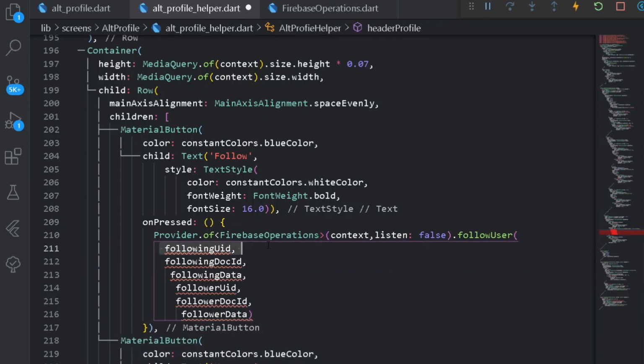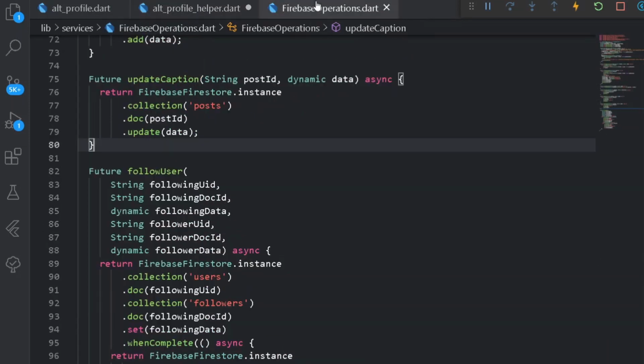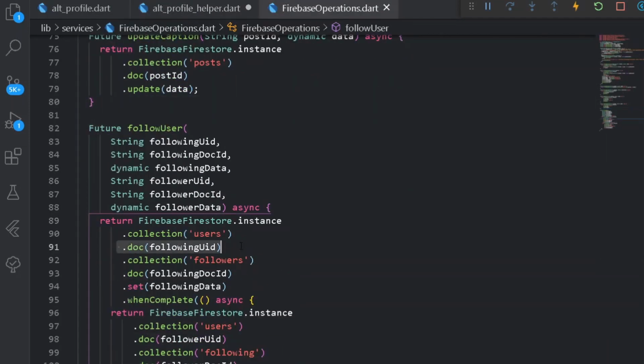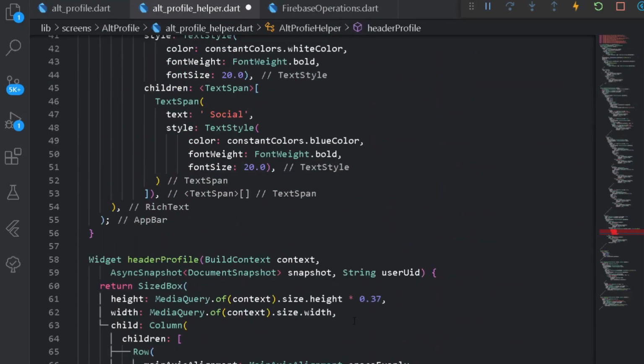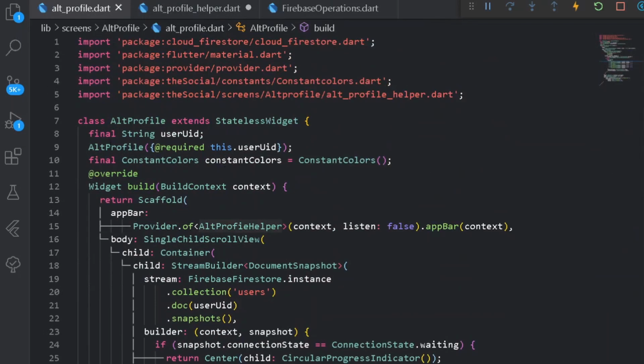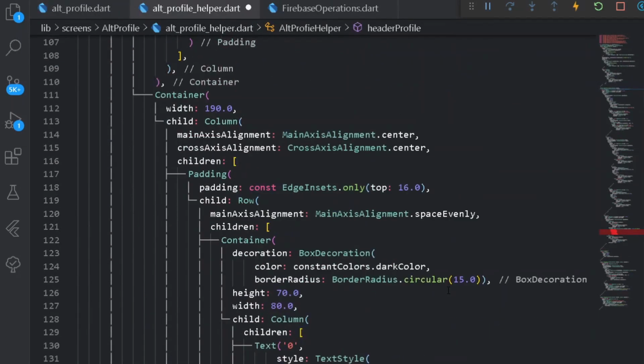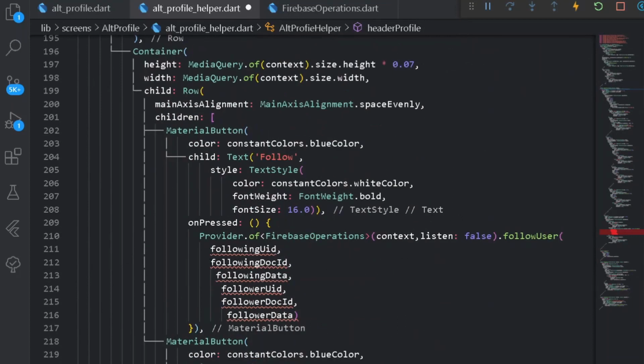Cool. So now first of all it will be taking a following UID. So here under this case if we go back, under this we shall be taking following UID of our particular Flawless Hero. So for that purpose we can simply go at the top of our entire method of header profile, and here if you remember we have our user UID which we are getting returned after having this following alt profiles user UID. So for that purpose we can go down finally, and here we shall be having the following user UID. So here let's write user UID.